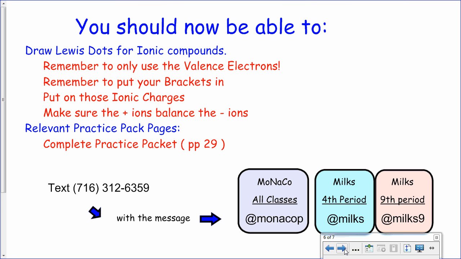So at this point, you should have a basic understanding of how to draw Lewis dot diagrams for ionic compounds. Remember, use only the valence electrons from your periodic table. Remember to put your brackets in to show that they're ions after the fact. Put in those ionic charges in the top right corner. Make sure the positive ions balance the negative ions like I was showing. And now you should be able to complete some practice packet problems starting probably on page about